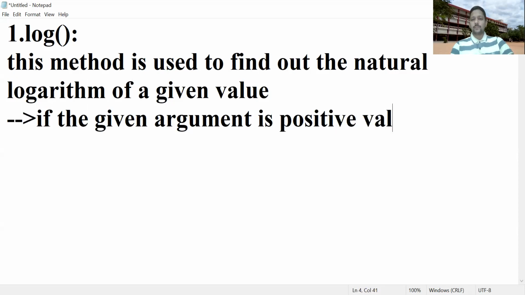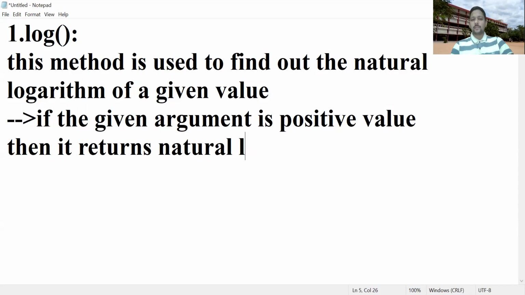positive value, then it returns the natural logarithm value.